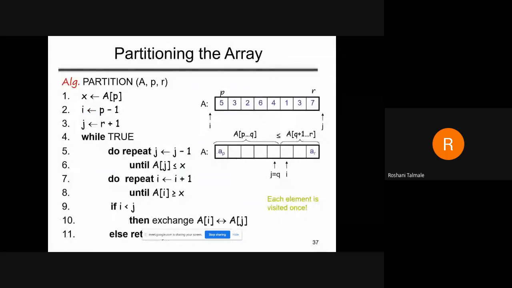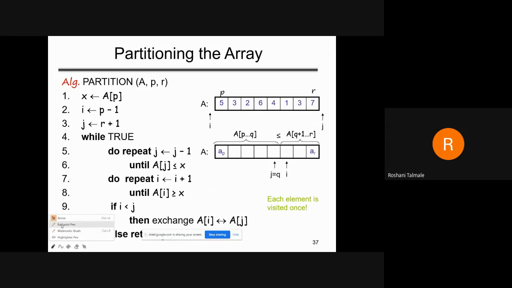So this is the pseudocode that we will use. Once you get the concept, it's very easy to understand the meaning of this. Okay, I'll explain this and I'll stop. In the next class, we will solve some problems based on quick sort and merge sort, and we will try to calculate the complexities also as far as the question is concerned.